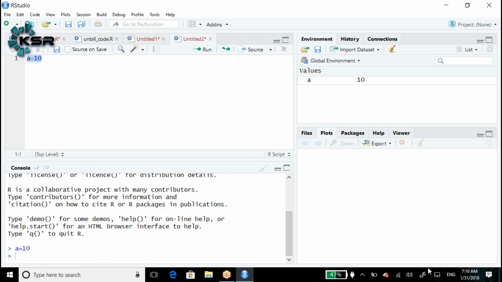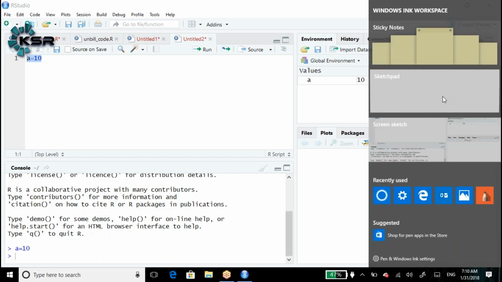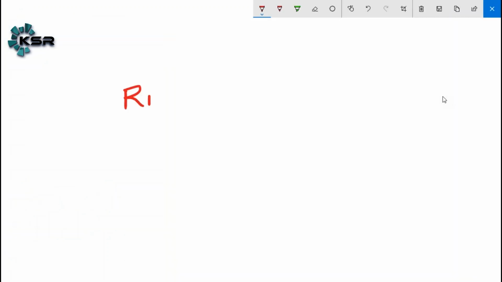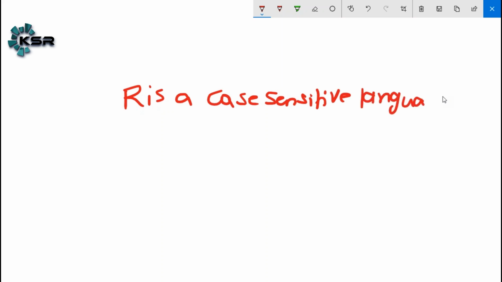R is a case sensitive language. That means, for example, if you created a column in capital letters, and while executing or somewhere else you represent that column in small letters, it doesn't work.